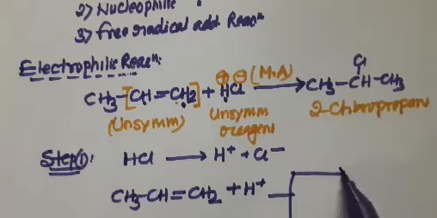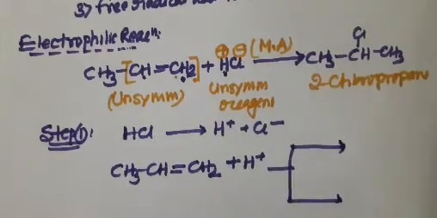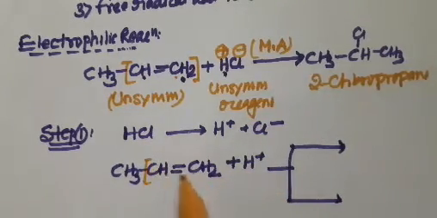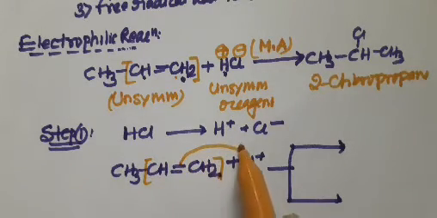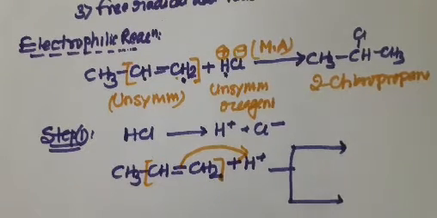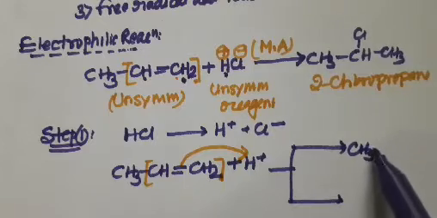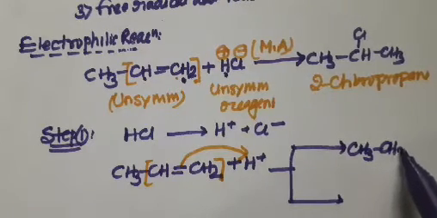This part of the reaction is very important. You should remember that H plus is electron deficient and there is a double bond between these two carbon atoms. The pi electron is shifted to the electron deficient H plus. H plus can be added from both of the carbon atoms and therefore its possible structure